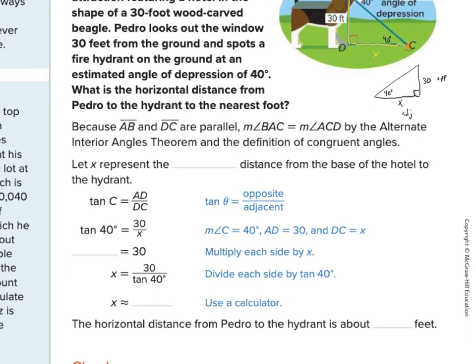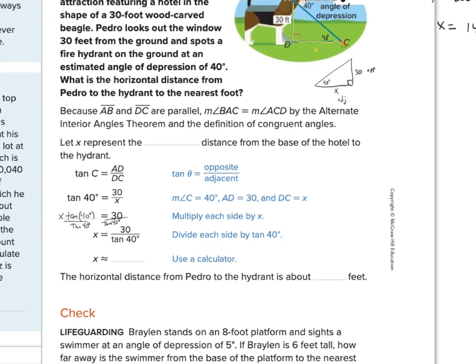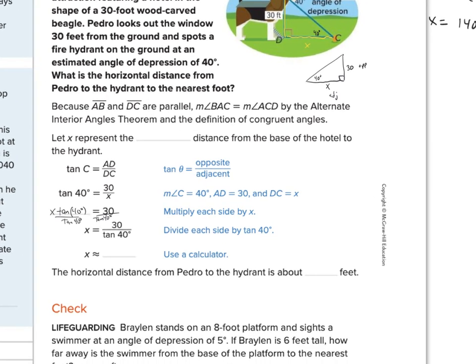Simple enough. And they did some cross product property here, and they said that x times the tangent of 40 degrees is going to be equal to 30, and then divided both sides by the tangent of 40 degrees. Tangent of 40 degrees divided by the tangent of 40 degrees. And so x is equal to 30 divided by the tangent of 40 degrees, or approximately. So putting that into the calculator, we find out that 30 divided by the tangent of 40 degrees is